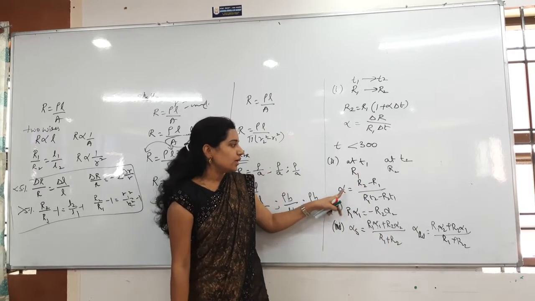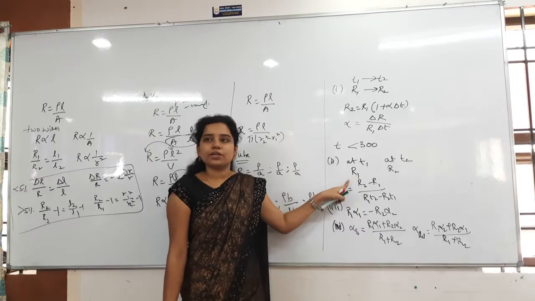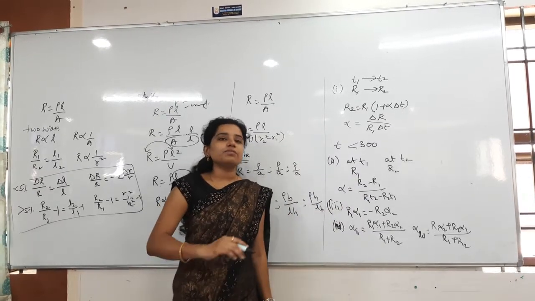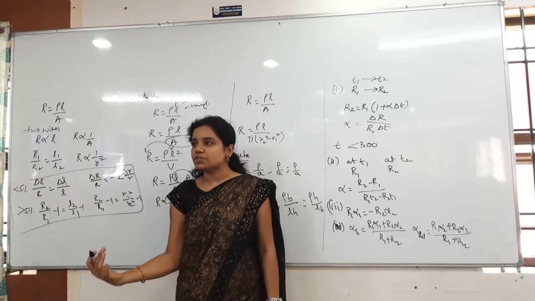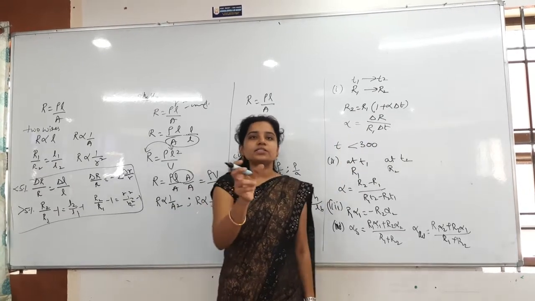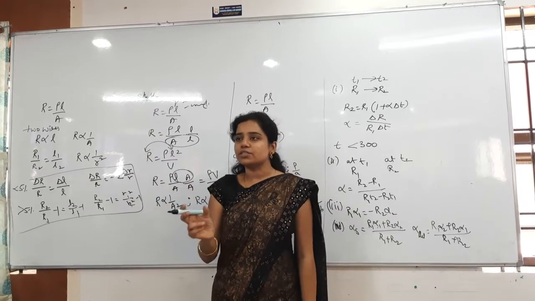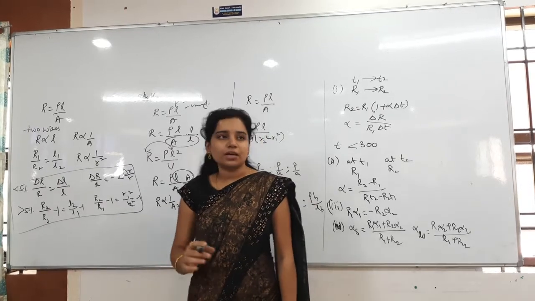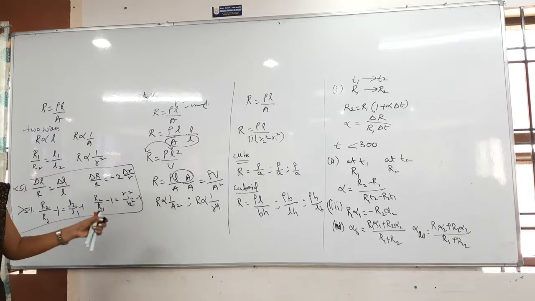And then for the temperature coefficient, whenever they have given at temperature T1 resistance R1, specifically they will mention that. Whenever the temperature is changing from 0 to 30 degrees, then resistance is changing from 100 to 200 ohms. If they have given like that, you have to use the first formula. Clear? The condition for series initial resistance equal to series final resistance is R1 alpha 1 is equal to minus R2 alpha 2. These are the main problems based on the temperature effect. All these we have discussed yesterday.